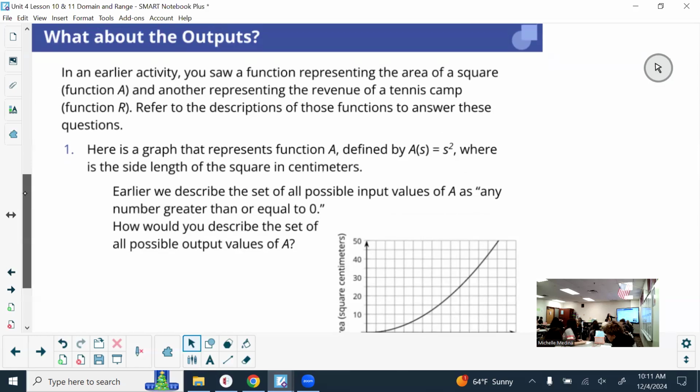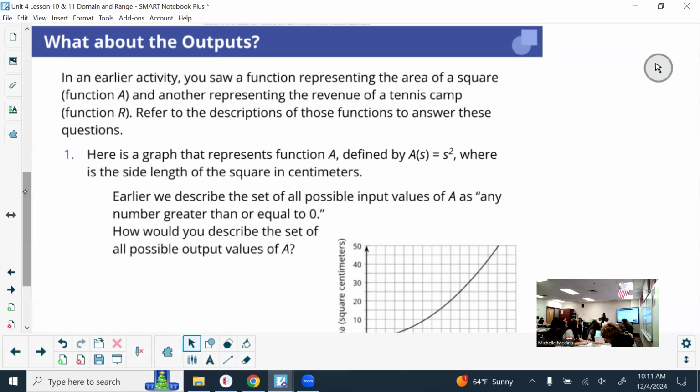In each situation, we only talked about the inputs. If we talked about the outputs, then we're deciding what's a possible dollar amount that we could have raised, what's a possible temperature in Kelvin, and what's a possible area, right? Those might be different than how we measured the inputs. Hopefully you guys know what's reasonable in each situation. But one thing that you will have to do, especially on your constructed response test for one of them, is decide whether or not you should connect the dots once you graph it, or just leave them as individual dots. So, for example,